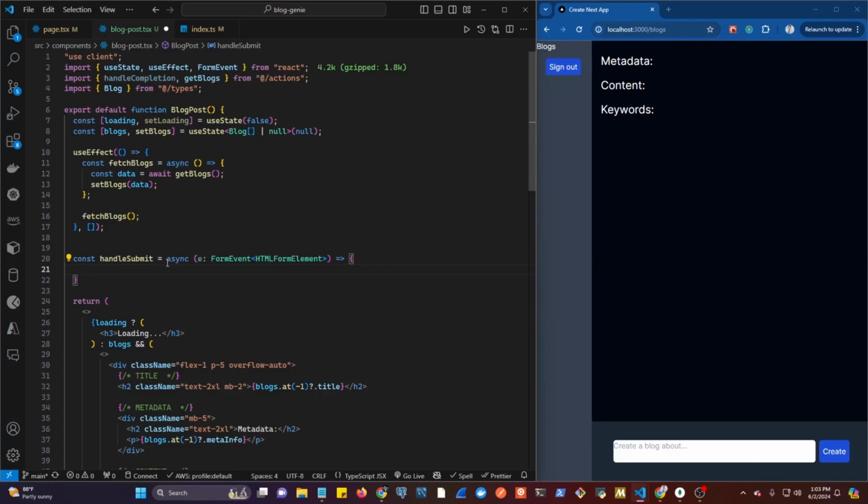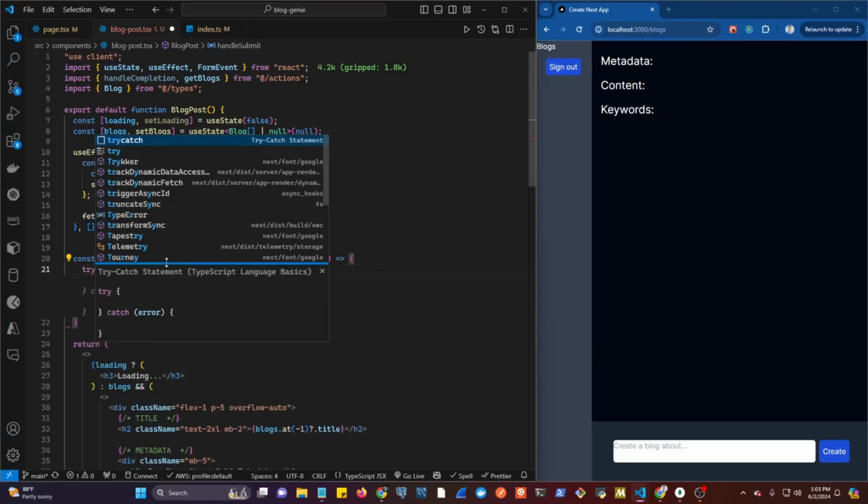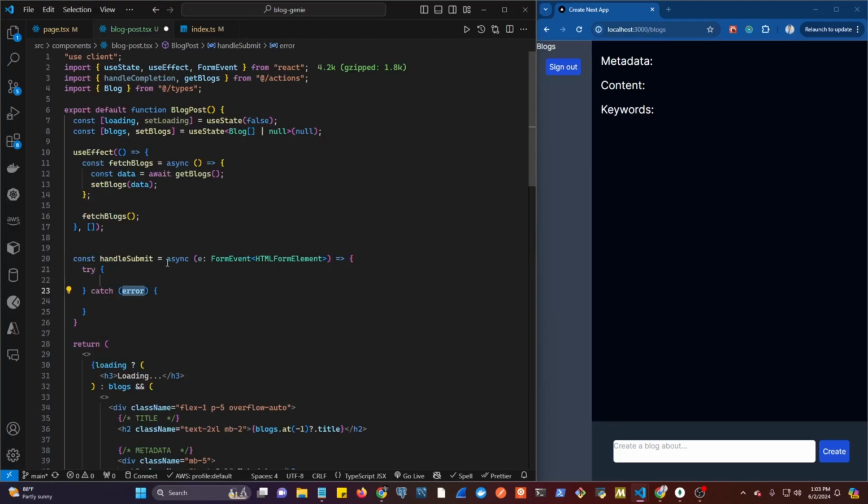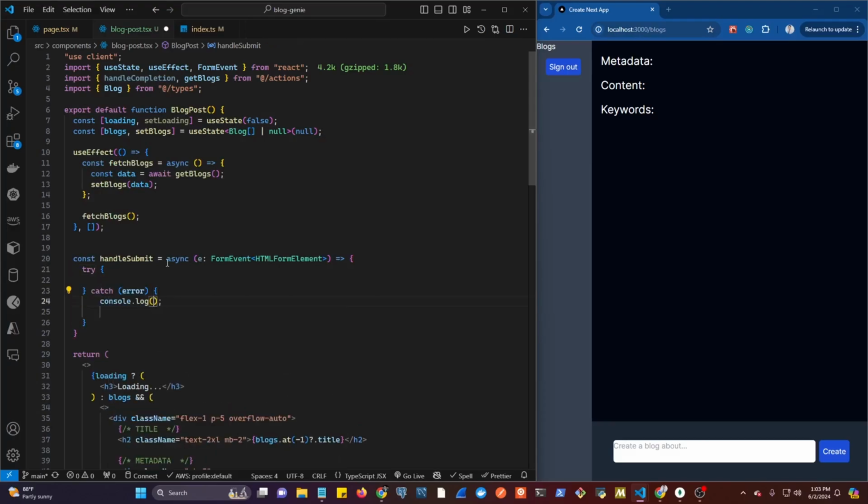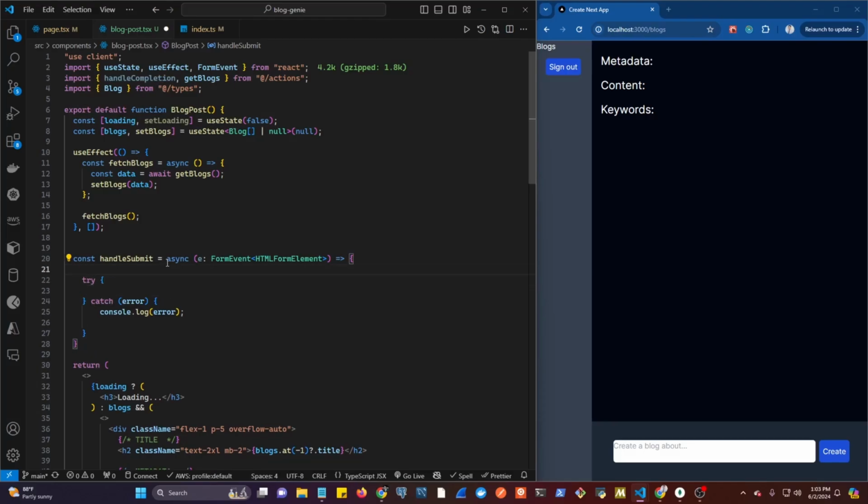TypeScript of exactly what type of HTML element we're working with. So in here, we're gonna do a try catch block, console log the error, and we're gonna work inside of here with the handleSubmit. First thing we need to do, of course, let's just have the preventDefault,